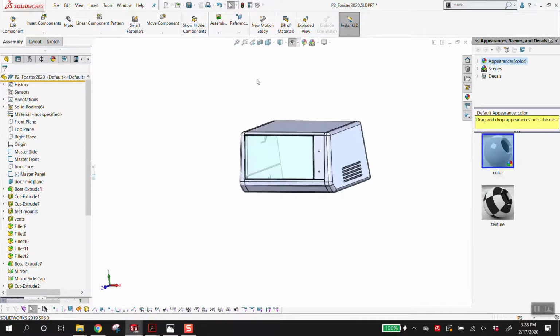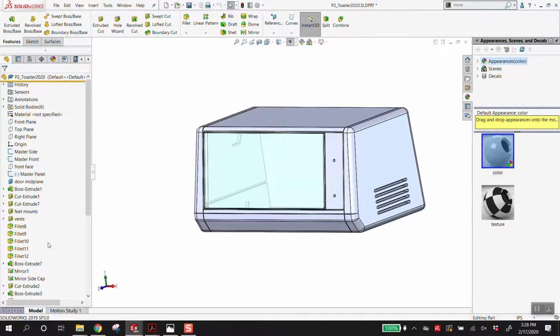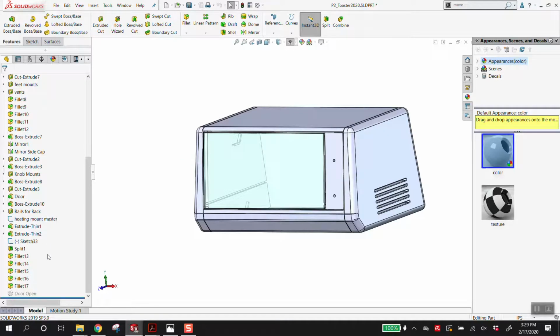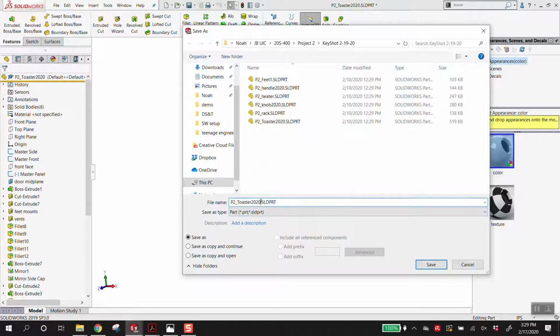Part of SOLIDWORKS is learning how to work with other people's files and edit them. I tried to set this up in as simple a way as I can. I tried to set it up in a way that I might approach it if I were building it and needing to edit it. But try and look at the file and work with it. My advice to you, the best way to work on a file is I would open it up just like this. Save it as a copy, so save as, and I'm going to say,